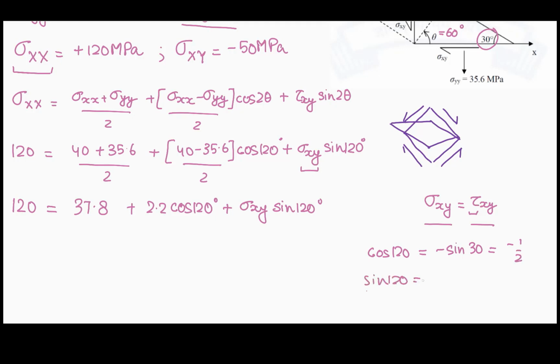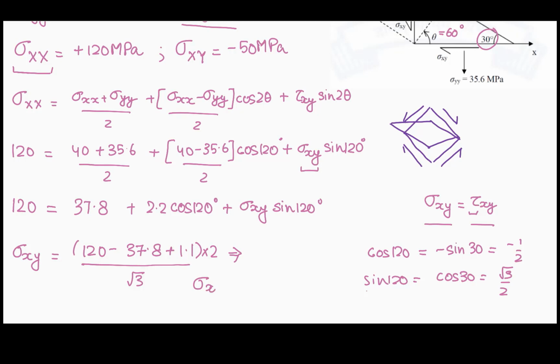Similarly, sine of 120 is nothing but cos of 30, which is root 3 over 2. Substituting this, we can simplify the expression for sigma xy as minus 37.8 plus 1.1 by root 3 into 2. And on simplification, we get sigma xy as